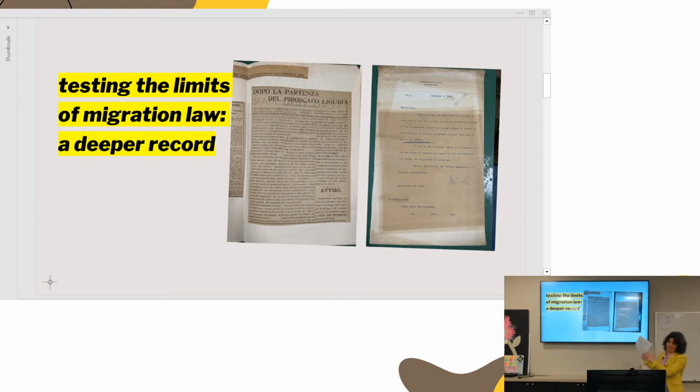They detained every passenger aboard this ship initially. And it took them a week to process these people, and they kept them aboard the ship. Another thing that happens with the same shipping company later on, 2 years later, is that they detain 100 migrants aboard that ship, which was about 10% of the total. It's very high. Around 1 to 2% were typically excluded in this period. And the people who they decided would be sent back would not be accepted to the country. The shipping company puts them in the city jail, just as a temporary holding place. They're like, we didn't have anywhere else to put them.